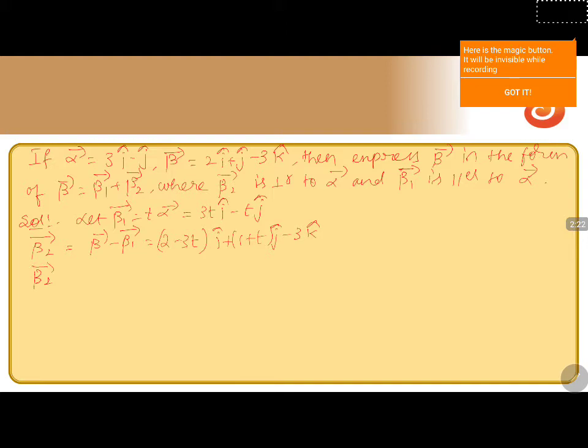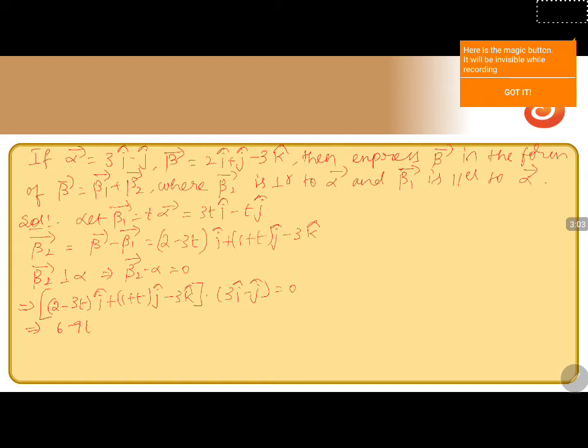While beta 2 is perpendicular to alpha, this can be written as beta 2 dot alpha is equal to 0. As the vectors are perpendicular, their dot product becomes 0. So (2 minus 3t) i plus (1 plus t) j minus 3k dot (3i minus j) is equal to 0. So when we take the dot product, it gives